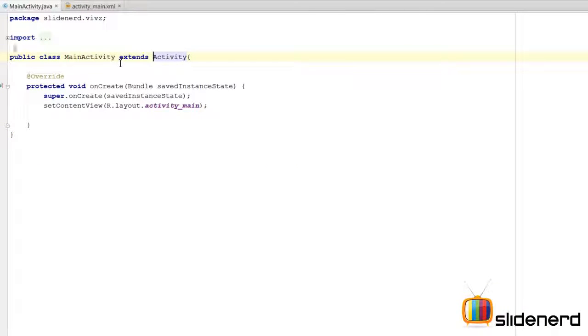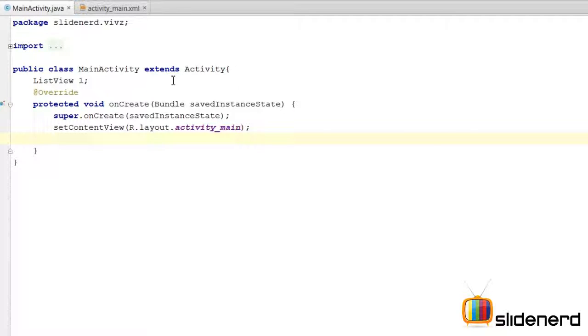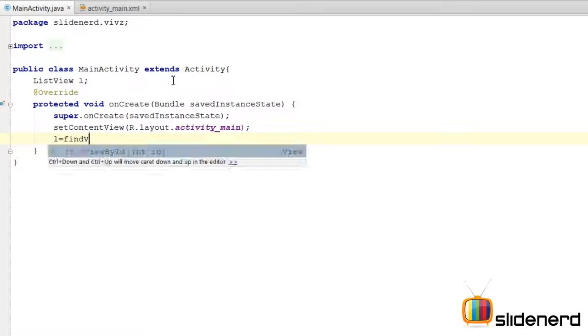The first step was to put the list view inside the XML. The second step is to bring that list view from XML to Java. For that, what I'm gonna do is create a simple reference over here. So ListView L, as you guys remember, the method findViewById always helps you to bring a view from XML to Java. So I'm gonna simply initialize this L equals to findViewById